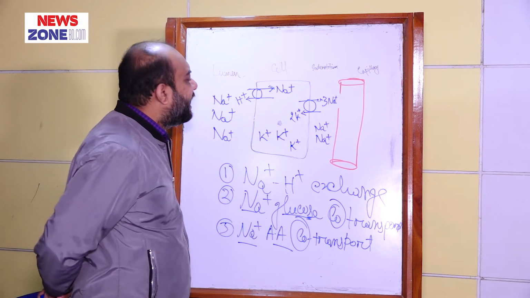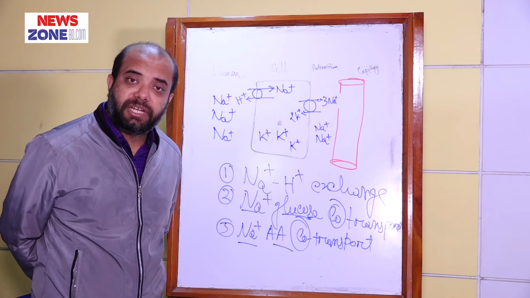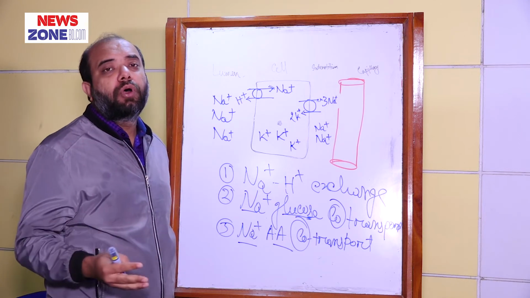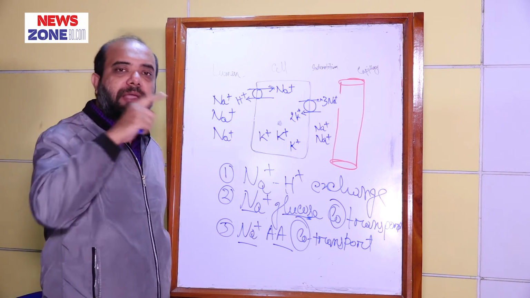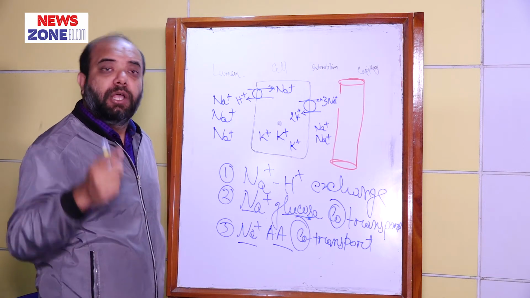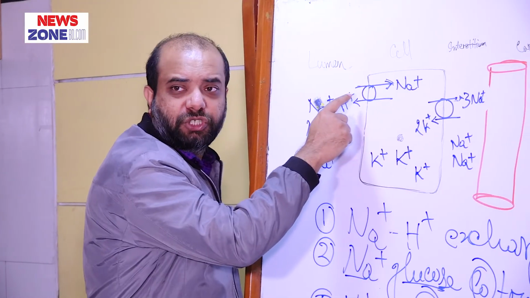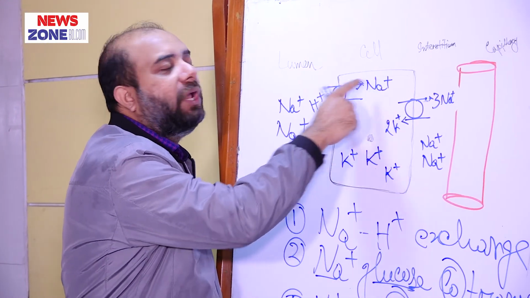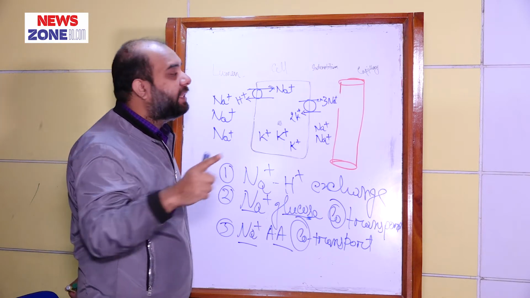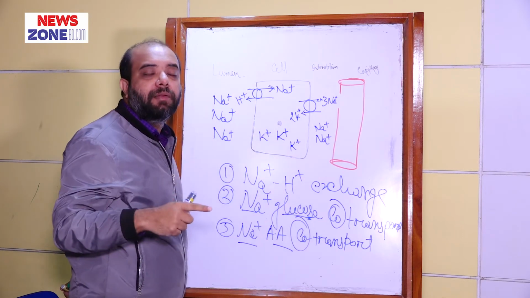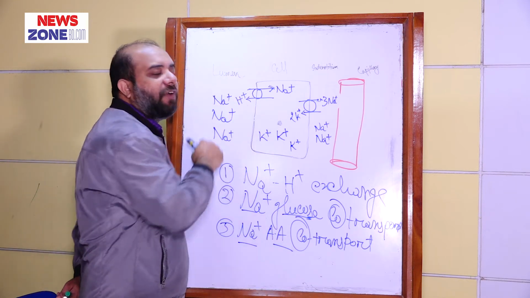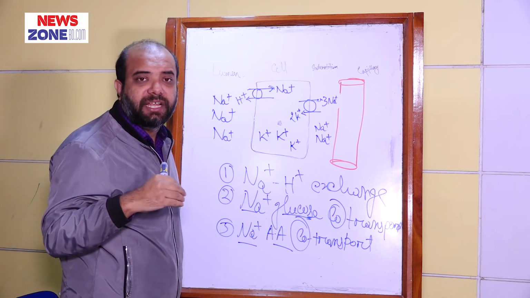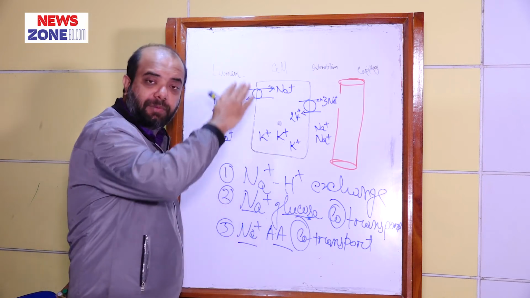transport, either it can be co-transport or counter transport. One substance will go towards the concentration gradient and another substance will go against the concentration gradient. So it is the basic difference between primary active transport and secondary active transport. Look here, in this transportation system, sodium ion will go towards the concentration gradient. That means the movement of sodium will be a downhill movement, and the movement of hydrogen ion is against the concentration gradient. That means it is an uphill movement.